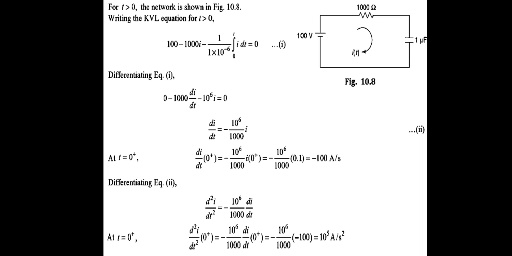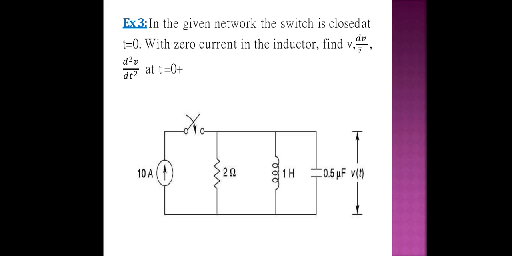So we'll identify the circuit elements first, how they should act for the initial value conditions of the RL and RC, and we did the problem using the initial value conditions, I of 0 plus, and dI by dt and d square I by dt square. So now we are going to talk about the next problem, which is the combination of the RLC circuit.